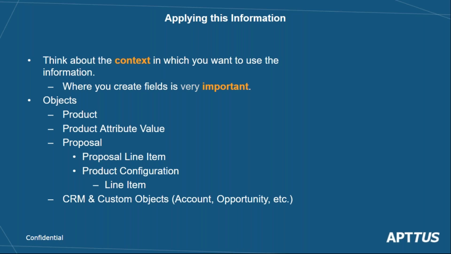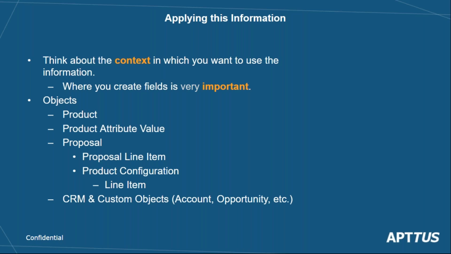So for example, there are product attribute value, proposal line item, product configuration line item, and the account opportunity. So all of these objects, we can create fields on all of these objects, and wherever we will be creating fields, that will be your analysis of the requirement,